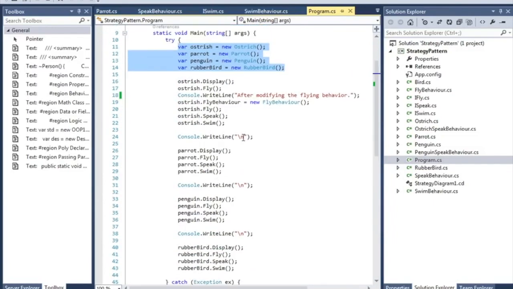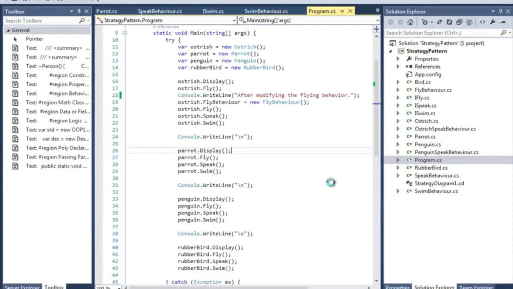Let's say an ostrich cannot fly, so in the fly method it will say that I can't fly, but after that I'm modifying the flying behavior with the new fly behavior. If I call the fly method, then it can fly. It's pretty simple.